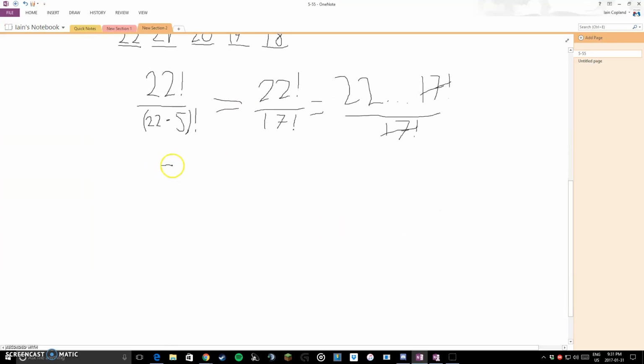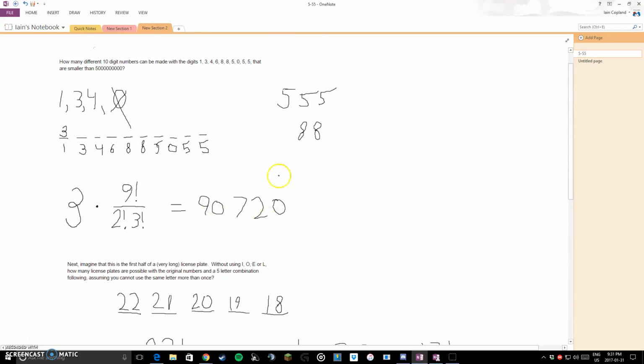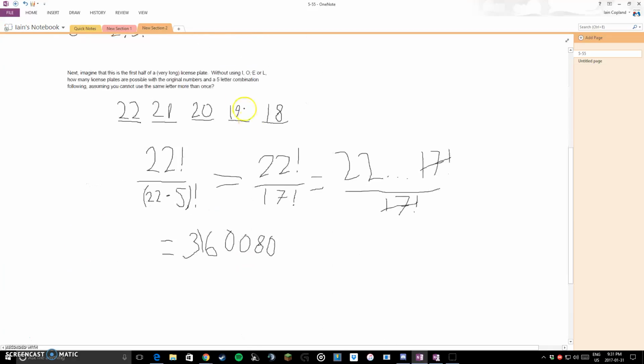And if we were to actually plug this into our calculator and solve, we would get an answer of 3,160,080 different permutations. However, this is not where this question ends, since it's also implicated with the question above,